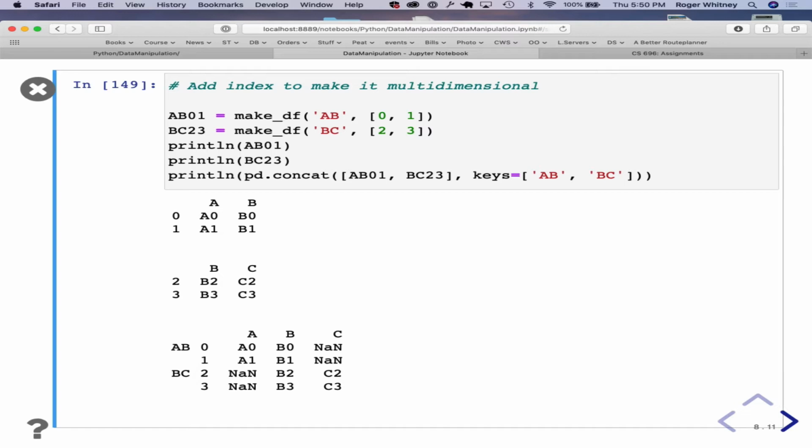All right, then I can start making a multidimensional index, and in that case, if the keys do overlap, then we can